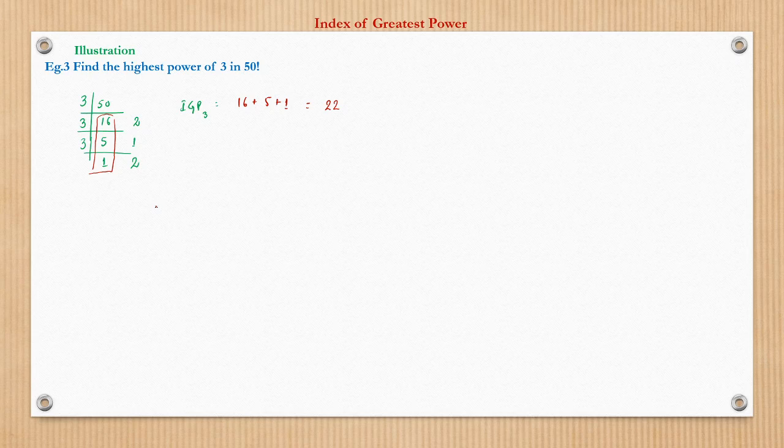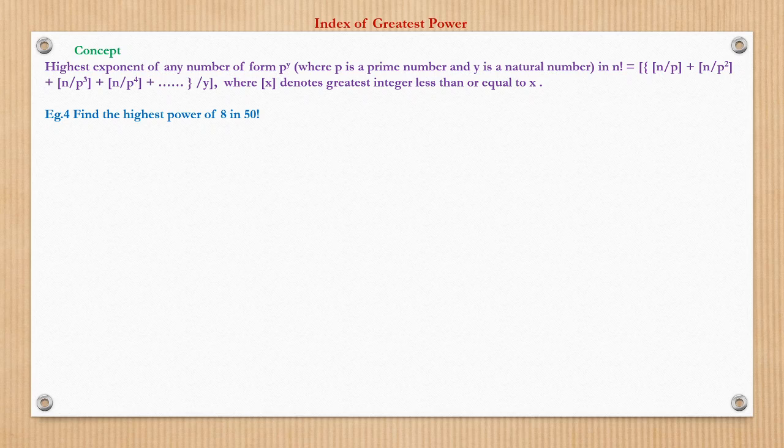We can try other methods also, but without even going into division we could have simply written 50 factorial. So IGP of 3 is nothing but, first we divide 50 by 3, so it is 16. Then 16 will be divided by 3, it will be 5. 5 will be divided by 3, quotient is 1. So without even doing the division method, for easier, smaller numbers, we can directly do it and get the answer, right? So this is the process.